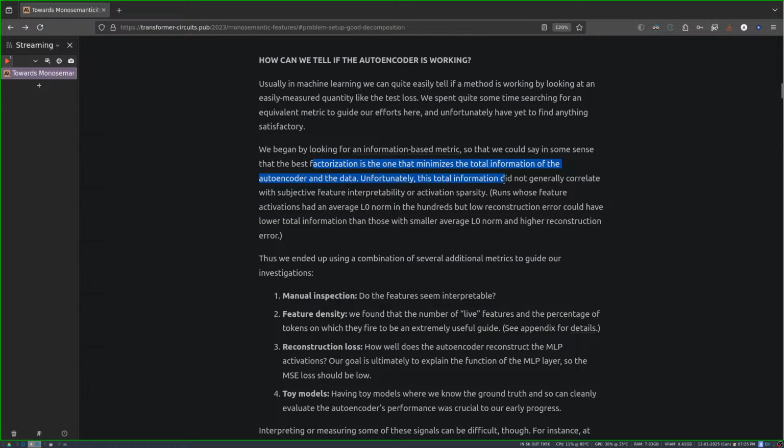Unfortunately, this total information did not generally correlate with subjective feature interpretability or activation sparsity. Runs whose feature activation had an average L0 norm in the hundreds, but